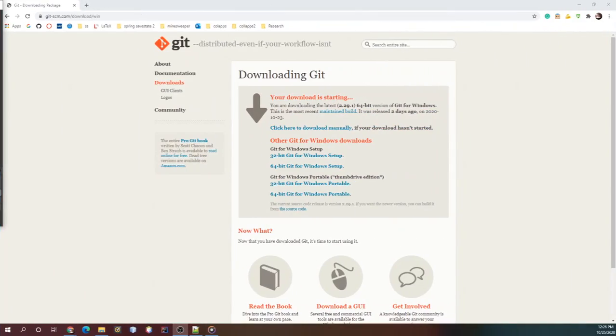Hello there. So today I'm going to go over some Git stuff and familiarize you with the awesome thing that is Git and GitHub. So first things first, if you don't have it already, you'll need to download Git from